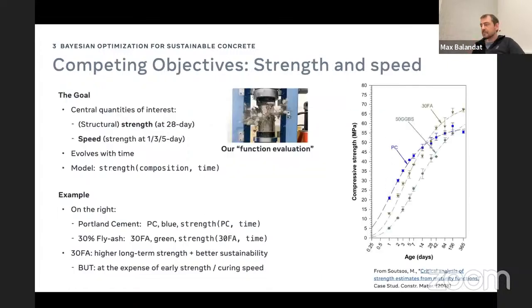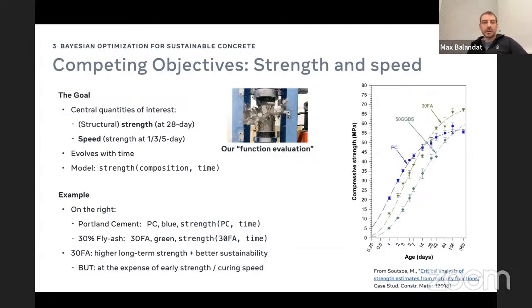So CO2 is one objective, right? And the other thing is, we want concrete to be strong. Strong in two ways. One way in the long term, right? Ultimately, once this thing has been around for a while, we want to put weight on it. And so we want it to be strong in the long term. And typically, you look at 28 days. And the other thing is you want it to be strong early on so you can build fast, right? There's no point if you need to wait a month until you can put the next story on the building. So from a cost perspective and practicality perspective, you want it to get strong quickly.